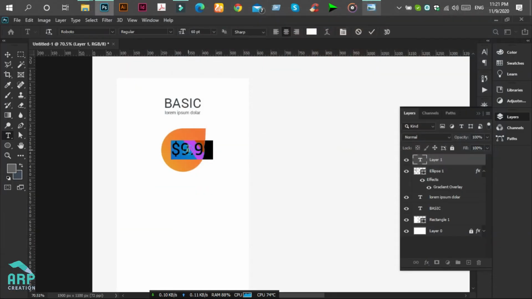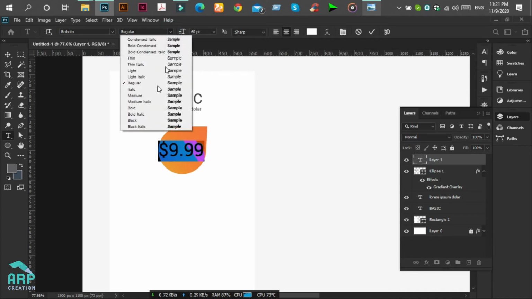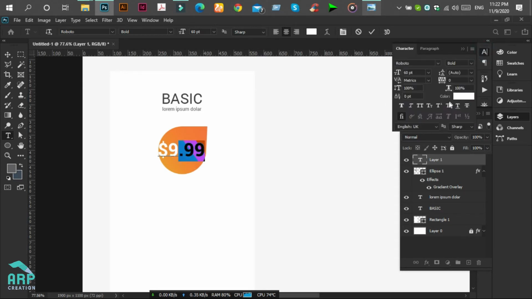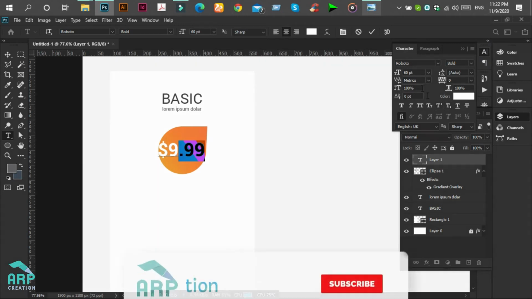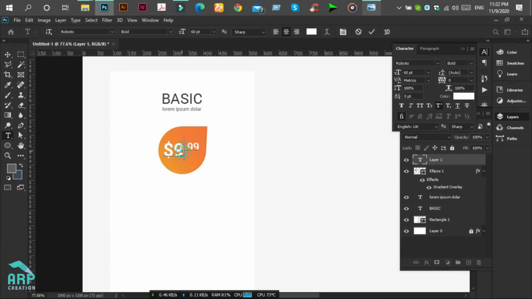Okay, perfect. And this will be Roboto Bold. Also, we will change this fraction value to superscript. So show the character panel, then click on superscript. Okay, perfect.